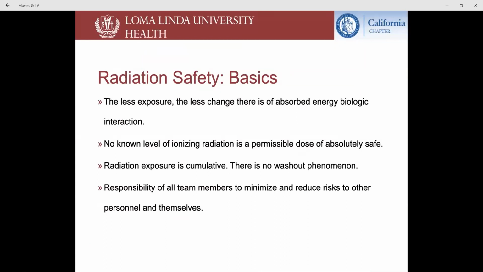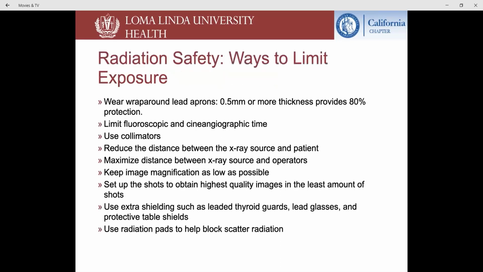Radiation exposure is cumulative. There's no washout phenomenon. And it's the responsibility of all team members in the cath lab to minimize and reduce risks to other personnel and themselves. Here are some ways to limit radiation exposure to you during your training and beyond. You want to wear a lead apron, particularly a wraparound lead apron of 0.5 millimeters or more thickness, because that